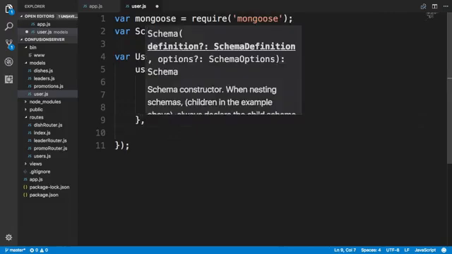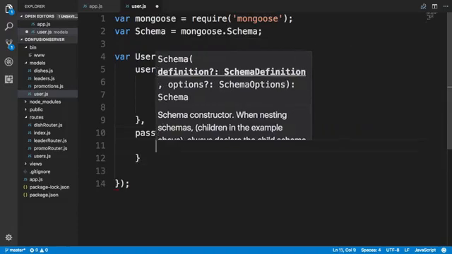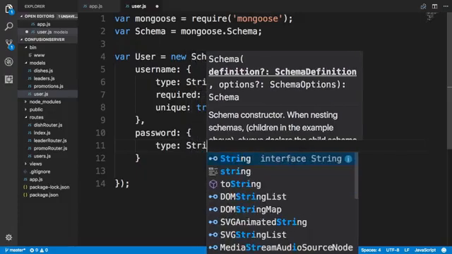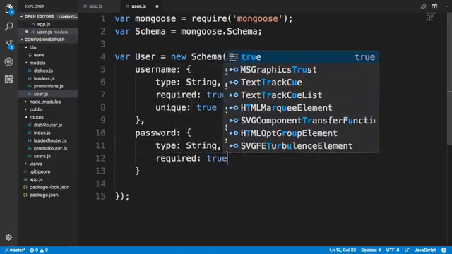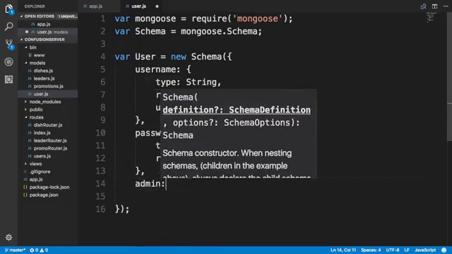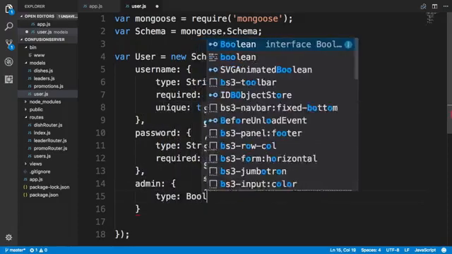So we create the username, and then the second field is the password field. Now, of course, you can extend this user schema to allow the user to track their entire profile, but we will do that in one of the later exercises. For the moment, a user is recognized within the system by simply the username and password. So the password is of the type string and is required. And the third field that I'm going to use is called admin. So the admin is of the type Boolean,